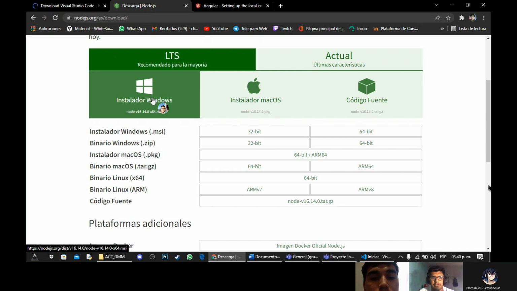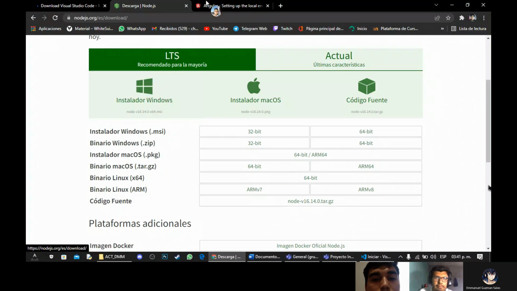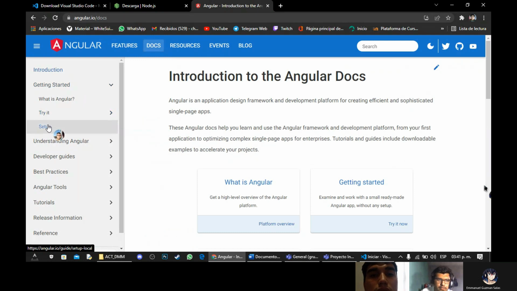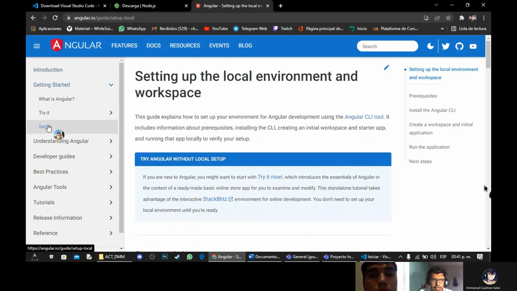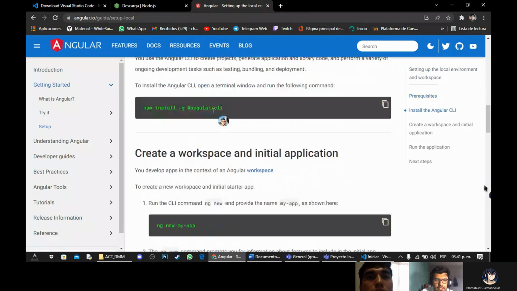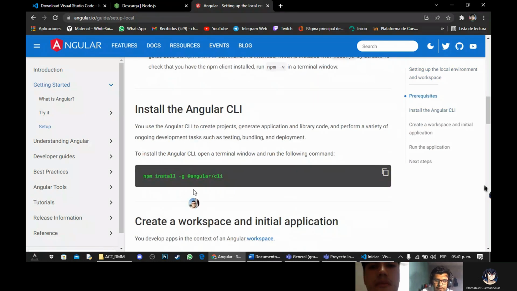Then we have to go to the Angular CLI page, to the section called docs, and the section setup. We are going to copy the first code part,